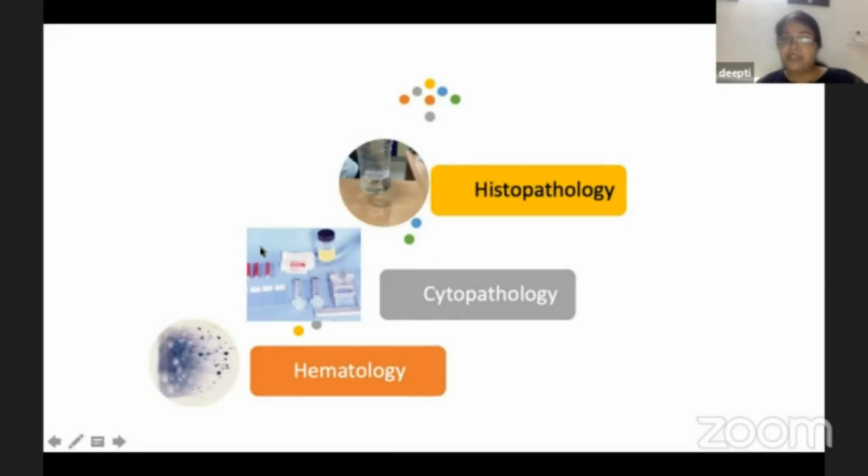Now, in pathology, we have routine and special stains which come under light microscopy. Then we also have immunohistochemistry and in situ hybridization, which might be used for fungal detection. But as of now, these tests are being used only for research purposes. So by and large, my discussion will be focused on light microscopy.